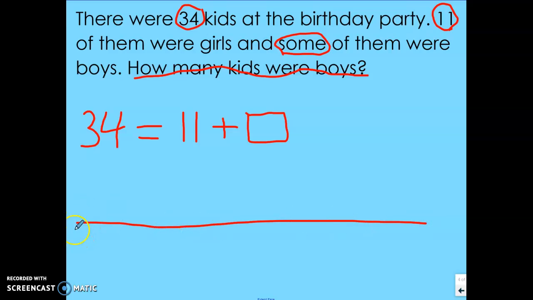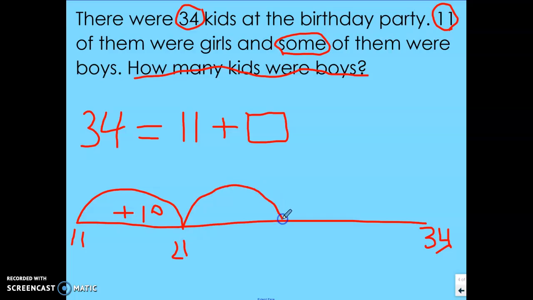And I'm going to use my number line. I know that sometimes we have other strategies, but I really like a number line. So 11 plus something will equal 34. Okay, so let me go ahead and add 10. 11 plus 10 equals 21. Plus 10 equals